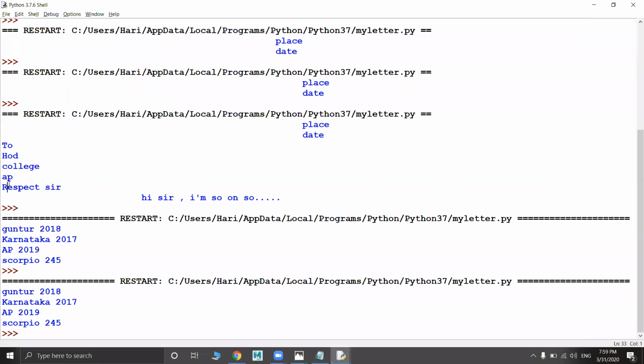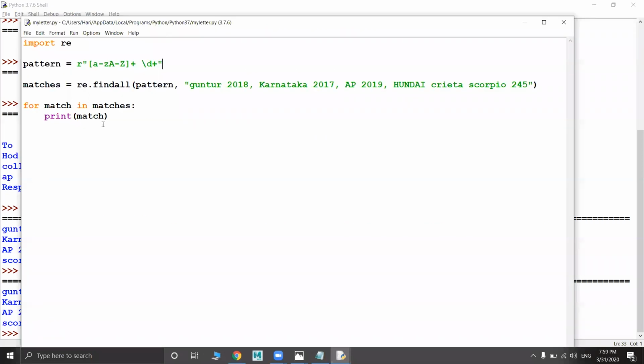Okay, fine. So we got these things one after one. If you want to get it in a single line, then you need to give end equal to empty space. That means the iteration will run, find a string and place it, and after that it will give a space and continue.